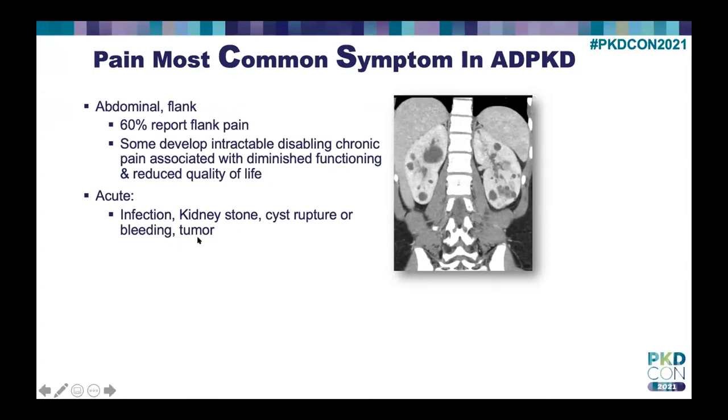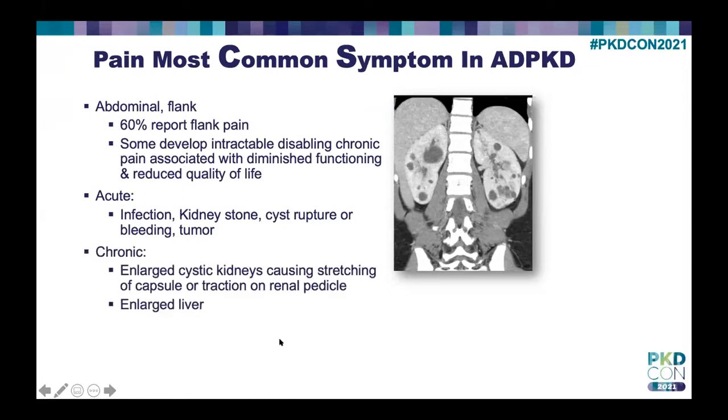And then, of course, pain can be due to tumor, and tumor does occur in polycystic kidneys. Therefore, if pain is a chronic ongoing issue, there needs to be a very careful assessment for kidney tumor. The chronic pain, often, as I said, is the enlarged cystic kidneys. They cause stretching on the capsule or traction on the pedicle, which is the middle of the kidney, and of course the enlarged liver. So the KDIGO, which is a professional organization of nephrologists and people that are interested in various kidney diseases,